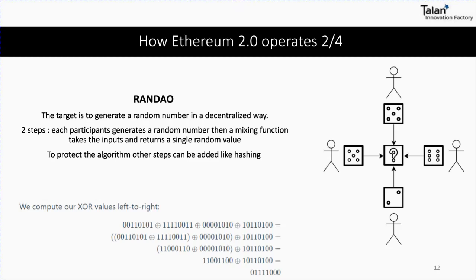And of course, there are solutions. For example, let's say these three people send their randomly generated numbers, and this person here just waited for the others to finish this task in order to see the values sent from them and send a value that will suit him in order for him to be selected, which is a very common thing. So many mechanisms are added, but the main feature here is hashing the exact values and then sending the proof, which is one way to go through this issue.